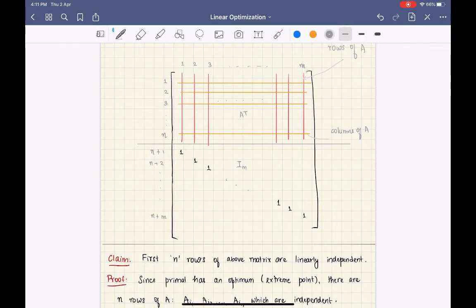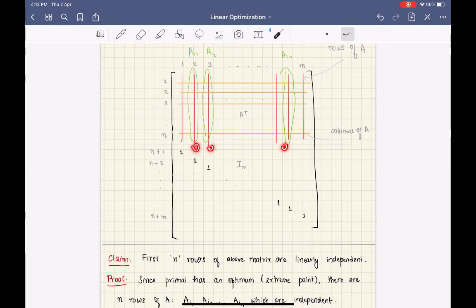So let me try to draw this. So we had some ai1, ai2 till some ain. Now if we restrict it to only the green columns, the corresponding rows were linearly independent. Now we claim that even the bigger rows, which include all the other columns here, will also be linearly independent. This is because if I take some combination of these bigger rows and I get 0,